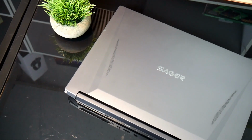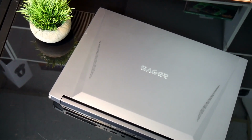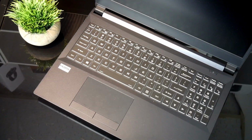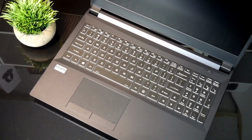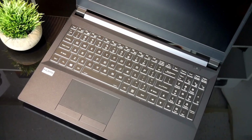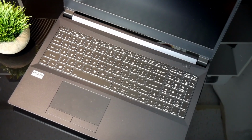Although it does have a plastic build, it does feel durable. And to be fair, Clevo builds these like a tank. The lid has quite a clean silver look to it, as does the keyboard deck. Clevo likes using separate mouse buttons, and I found them to be okay, and they also include a number pad. It does have a single zone RGB key lighting, which can be changed via software, and it has a 144Hz